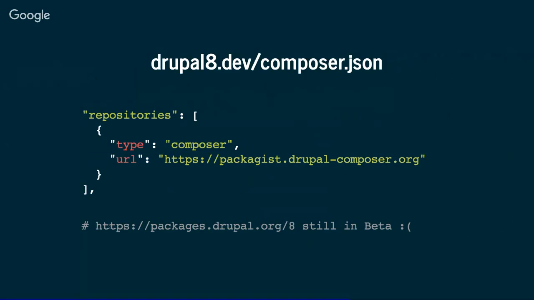Now Drupal.org has its own, which is packages.drupal.org. In this case, /8 for Drupal 8 modules or /7. At this point, it's no longer in beta. I think it's something more than beta now. There will be a stable release for this packages repo early next year. So for now, if you are using Drupal Composer, by default you are using the Drupal Composer packages server. You can switch to this one if you want to. This is a small change you will be required to make on your module definitions, but it's safe to play with this or with the one on